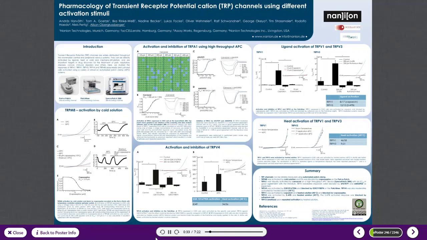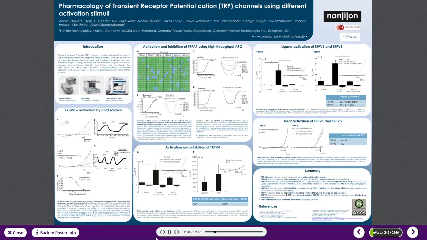In case you're not so familiar with automated patch clamp, I will start off by explaining the difference between automated and conventional patch clamp. In conventional patch clamp, a small glass pipette with a tip diameter of approximately 1 micrometer is brought to the cell surface and a tight seal in the order of 1 gigaohm or more is made between the cell membrane and the glass of the pipette tip. Following this, single channel recordings of ion channels trapped within the patch of membrane stuck in the hole can be recorded, or the patch of membrane can be broken to access ion channel activity occurring across the whole of the